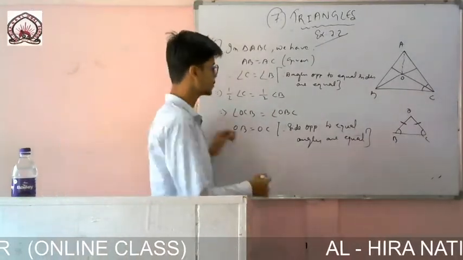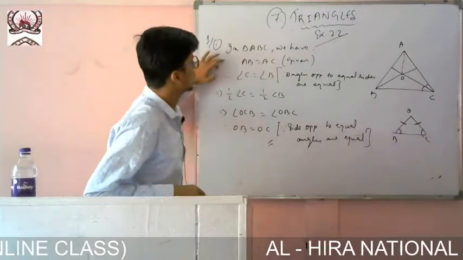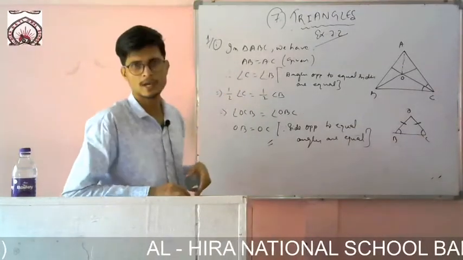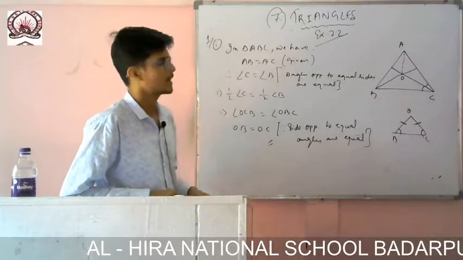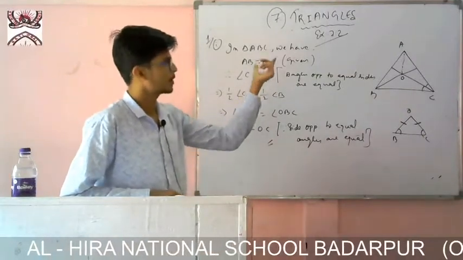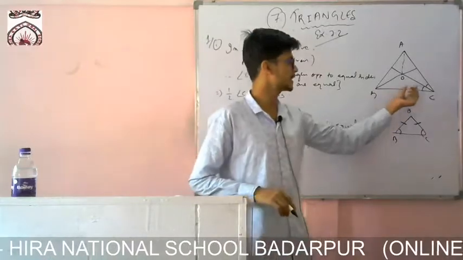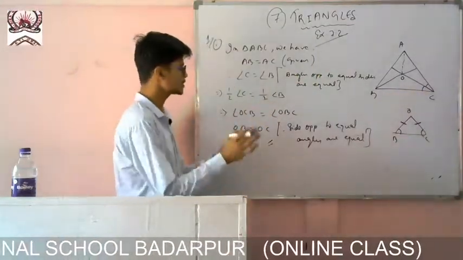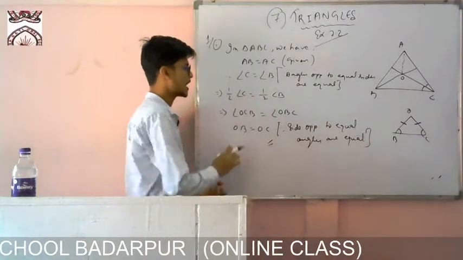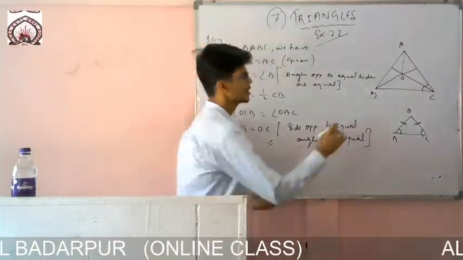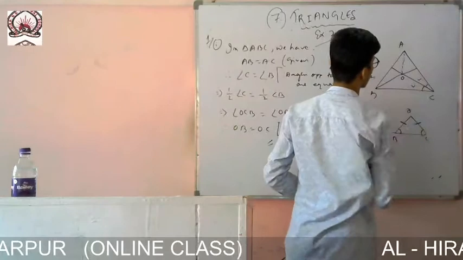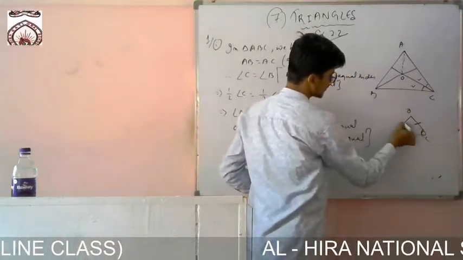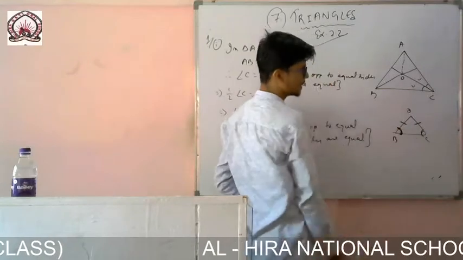Very easy. How have I proved it? First of all I have written AB, then for AB, angle C will be equal to angle B. Now I have done half. Why have I done this? Because in the question it is given that angle C is bisected into two equal parts, so to use that I have given this half. Half of angle C means any one I can write, whether this one or that one. I prefer to write this one, because if I write this one, then similarly I can write that one on that side also.